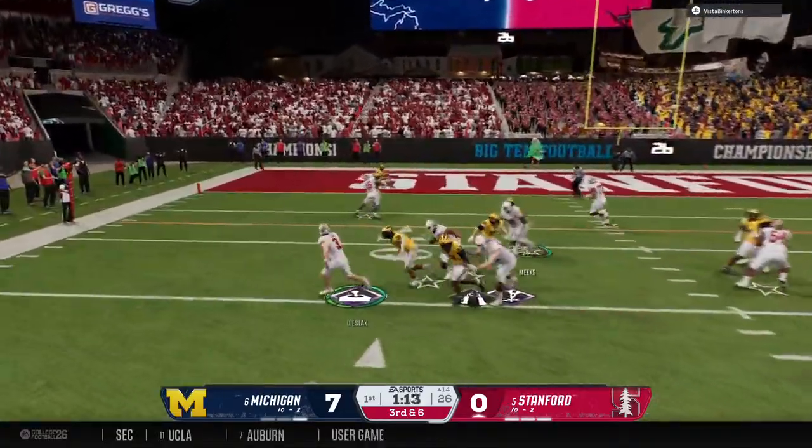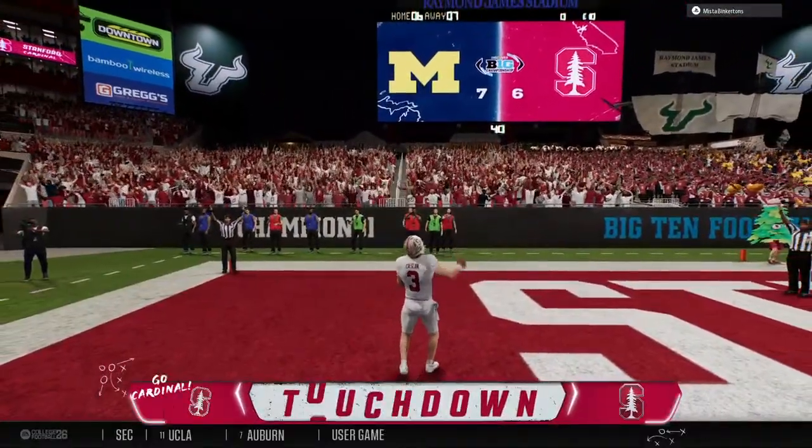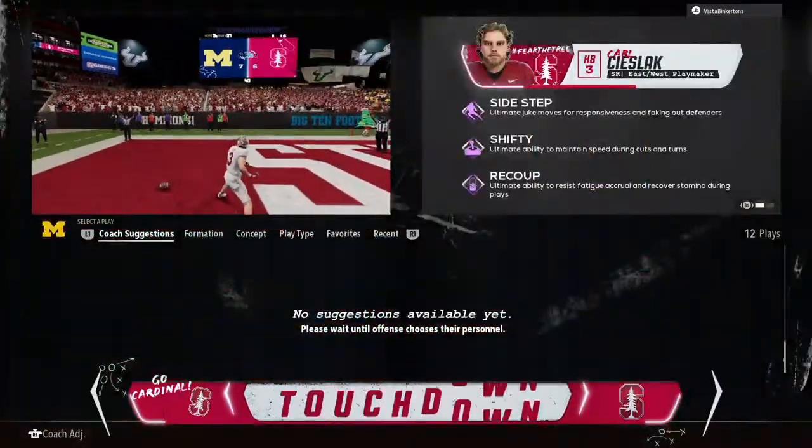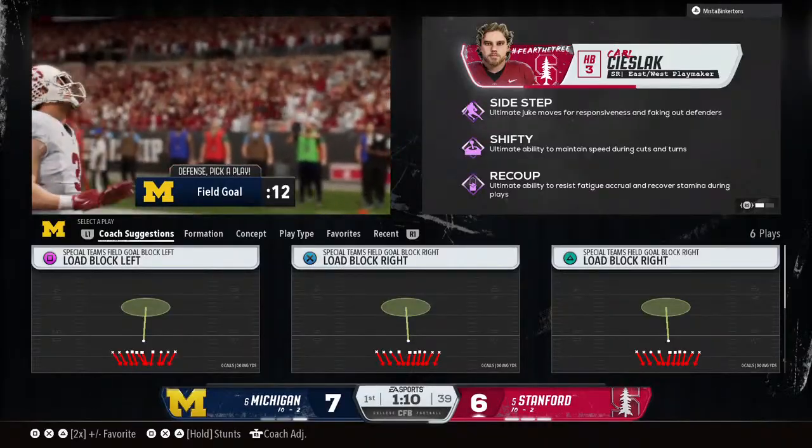Oh, it's snapped to the back. Headed for the end zone. And he runs it in for the score. Touchdown, Stanford. Chris, I know the back's going to get a lot of attention for this touchdown, but I was